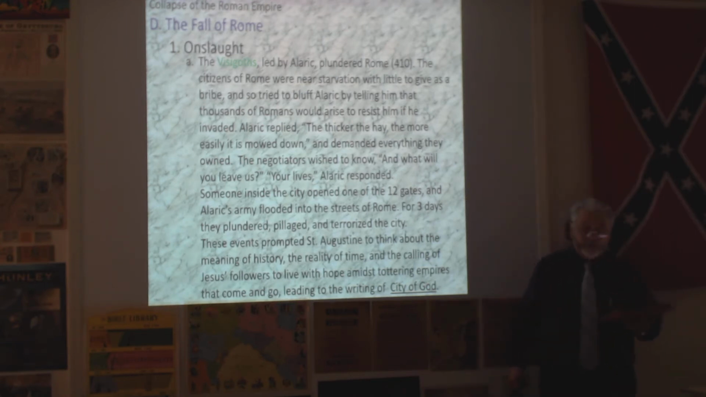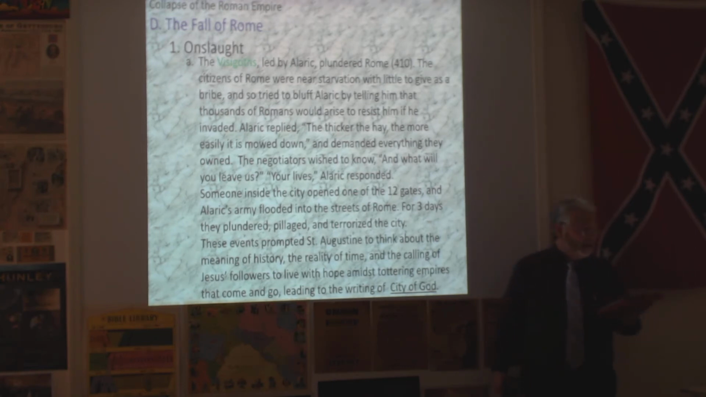Alaric replied, "The thicker the hay, the more easily it is mowed down," and demanded everything they owned: gold, silver, temple ornaments, and slaves. The negotiators wished to know, "And what will you leave us?" "Your lives," Alaric responded. Tough guy. Then on the fateful night of August 24th, someone inside the city opened one of the 12 recently